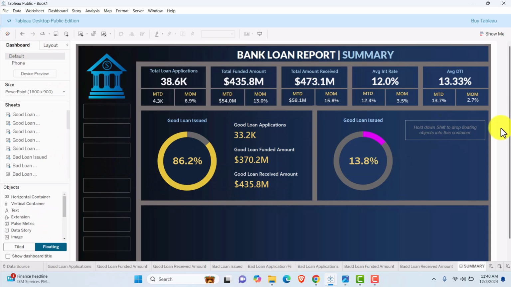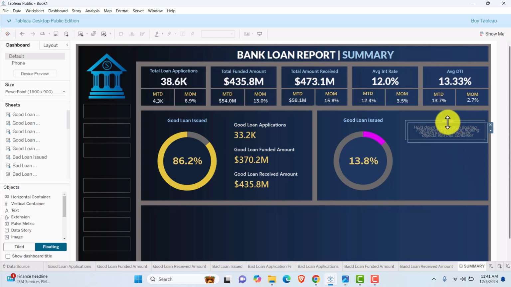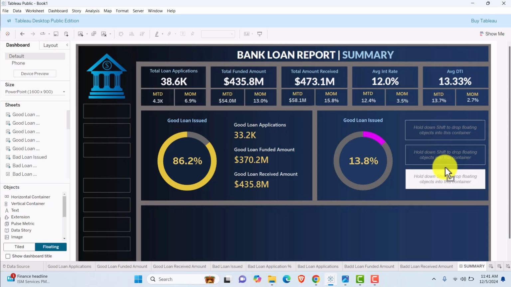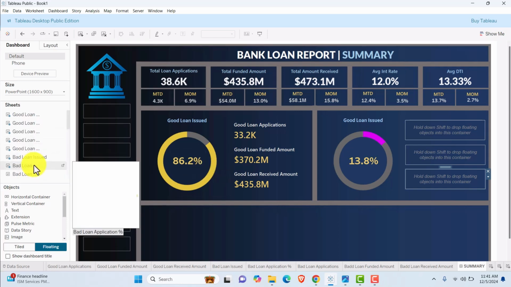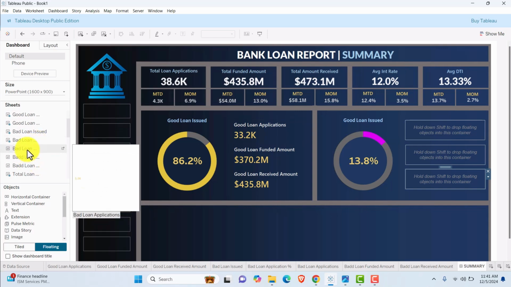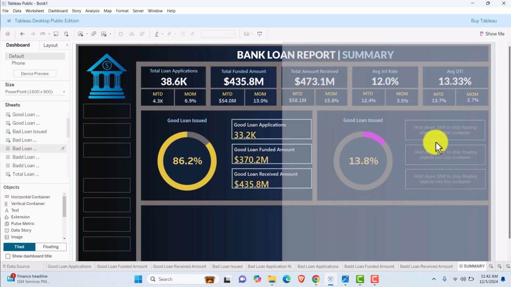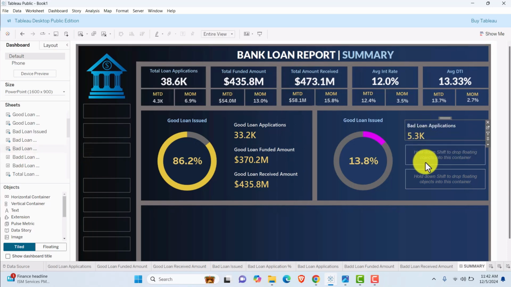Let me first copy this dashboard item and Control V. Copy dashboard item, Control V. Okay, so now we have to drag all the required terms into these sections. So where are those bad loan? Okay, so this is going to be the bad loan applications. Let me drag it over here. Oh, sorry, I'll have to make it as tiled, and now I will again drag this into this. Okay, so this is going to be the bad loan applications,